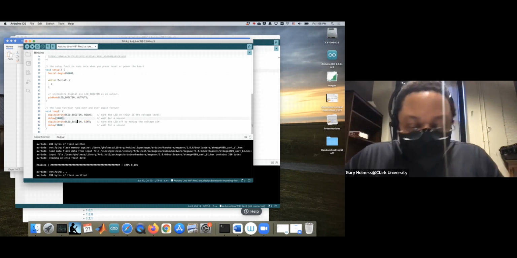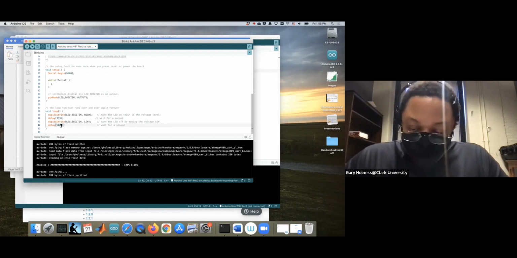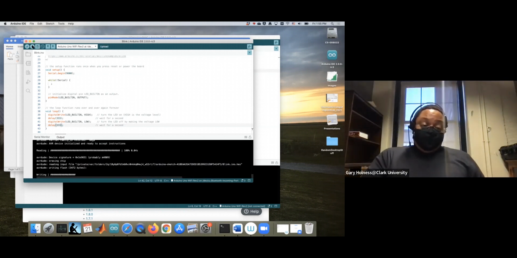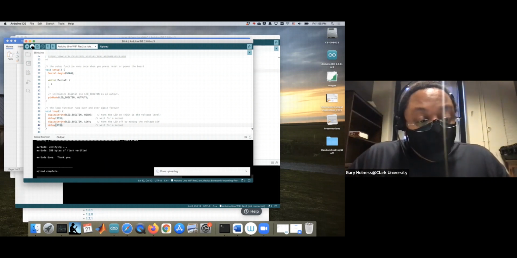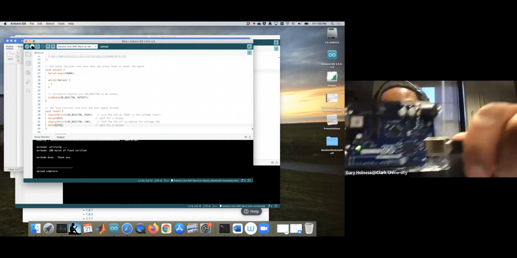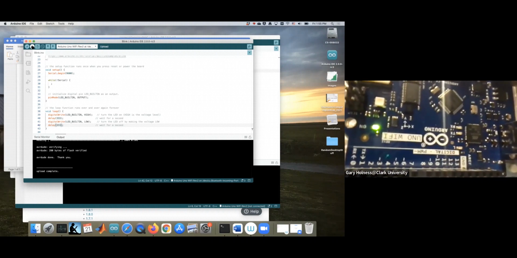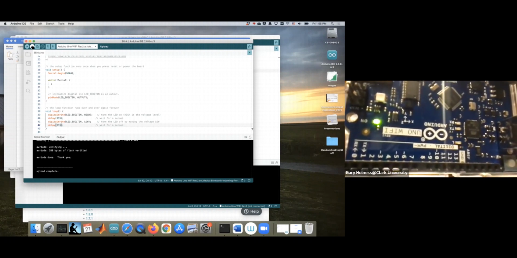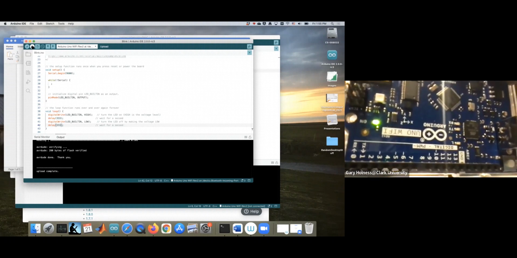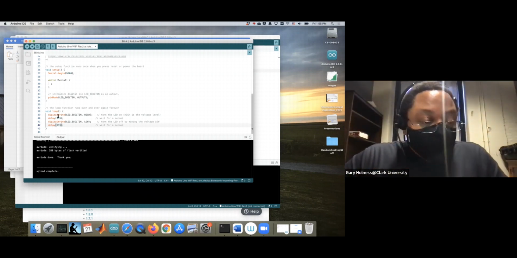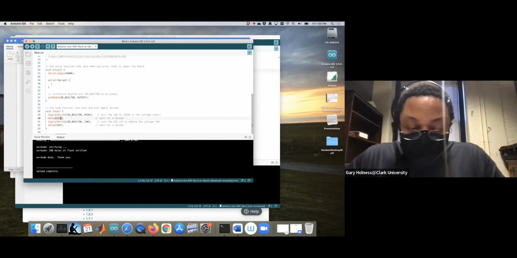Let's set the delay to 1/3 of a second, 333 milliseconds. And let's recompile that. And let's upload the sketch again. So we do this. And when it's complete, you'll notice this pin 13 is blinking much faster, right? It's blinking 3 times a second. 1, 2, 3, 1, 2, 3. Okay. And so this is the basic sketch. Let's return that back to 1,000